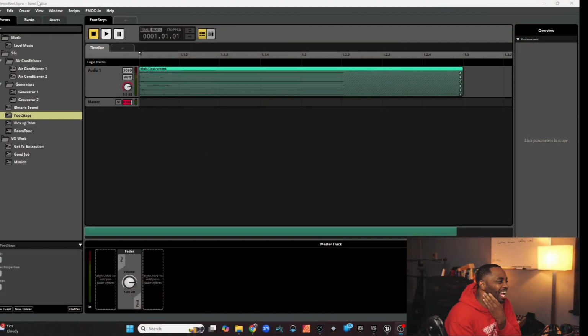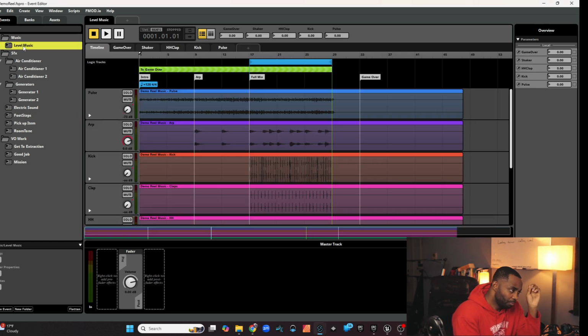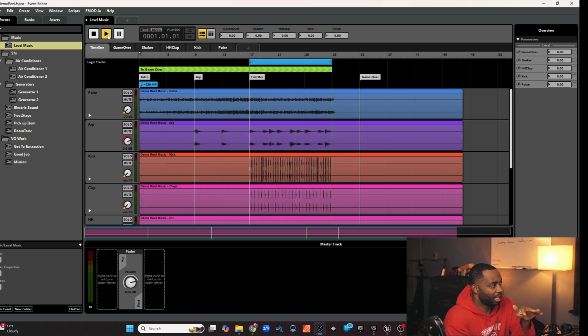So this is FMOD and this is my FMOD session. Inside this session, it shows you all of the assets that I've actually used to create this. And this is a smaller level type of production. This is the game audio music, and there are parameters that I had to set to actually make this thing work. So if I press play,